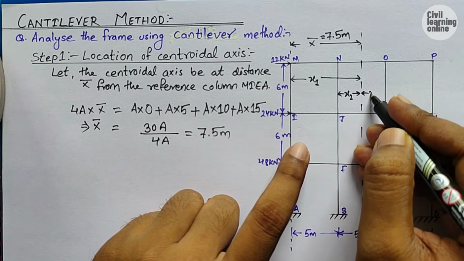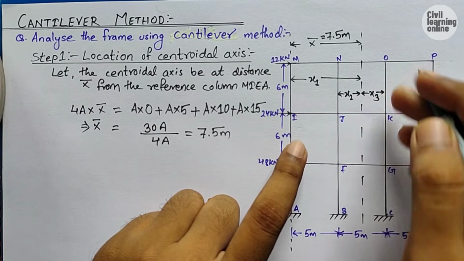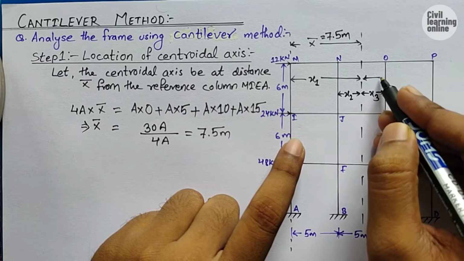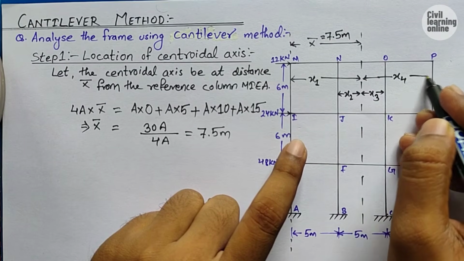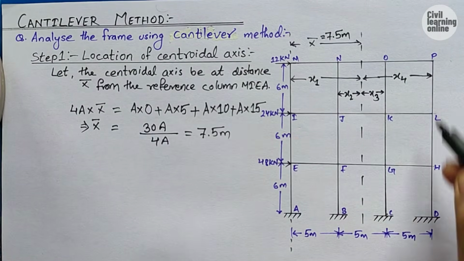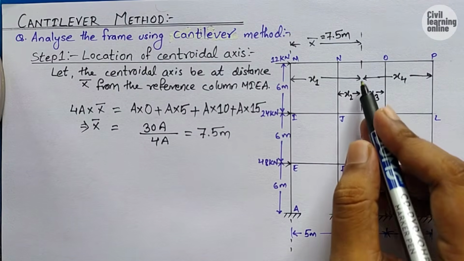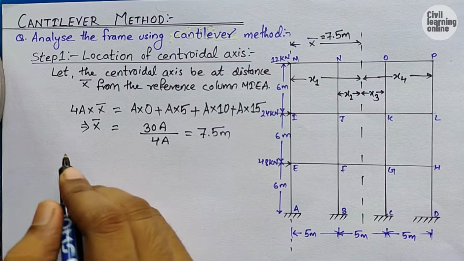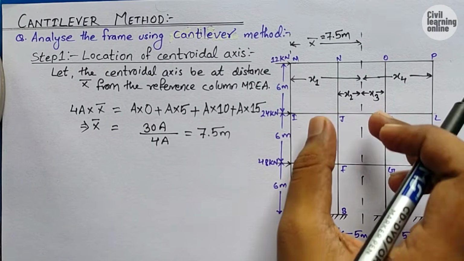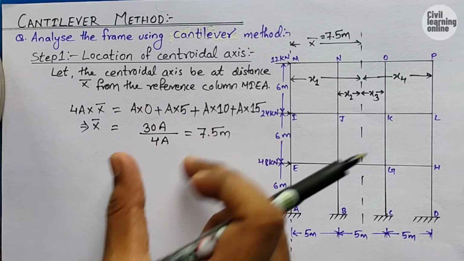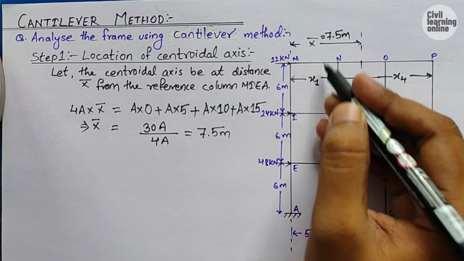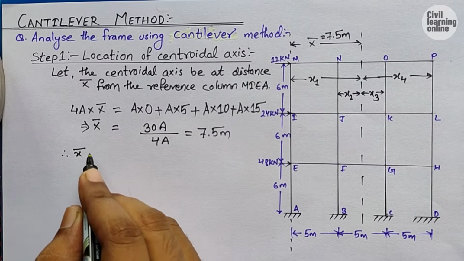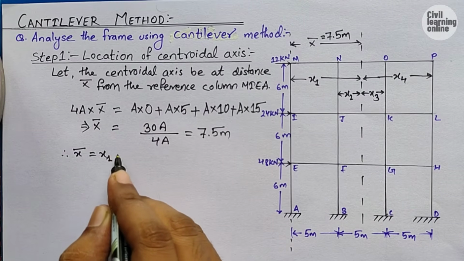Similarly, let this be X3, the distance of the third column from this centroidal axis. Similarly, let this be X4, the distance of the right-hand extreme column from this centroidal axis. So using this value of X bar, therefore X bar will be equal to X1